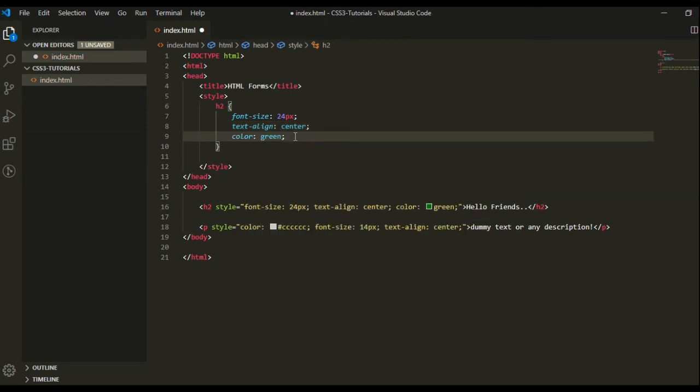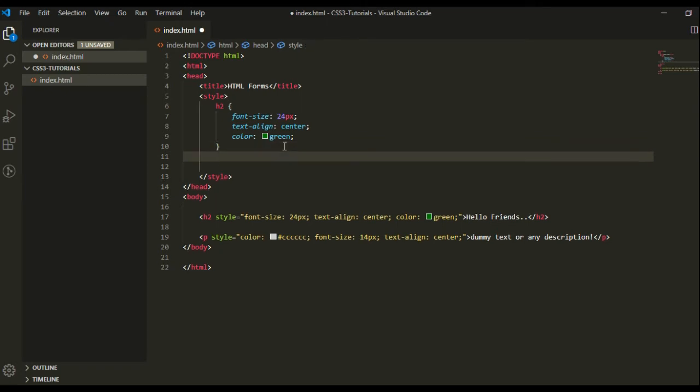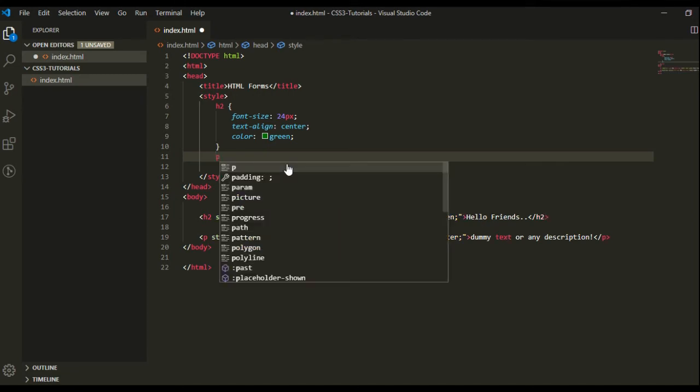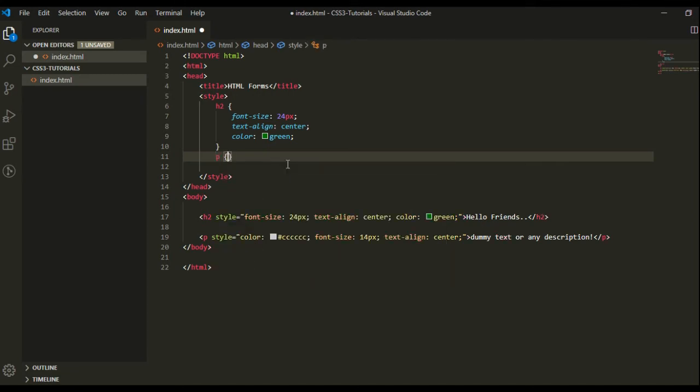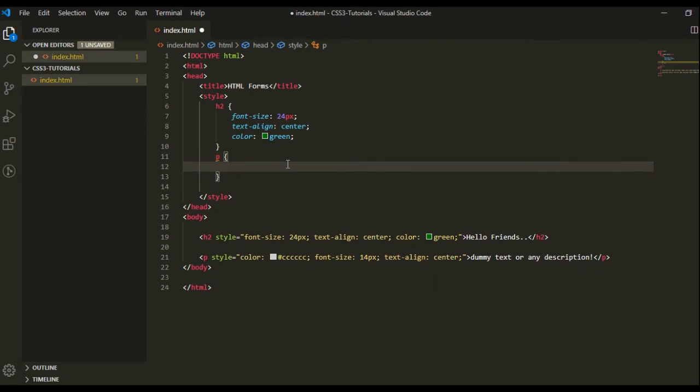Here we give the green color. In the same way, we can define the CSS properties for the paragraph tag. So here I will write the paragraph tag and write the properties inside the curly braces.